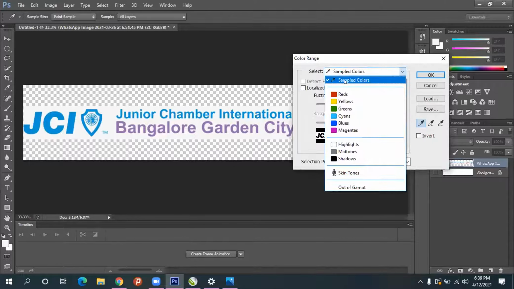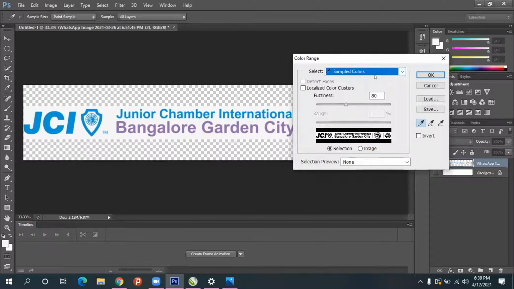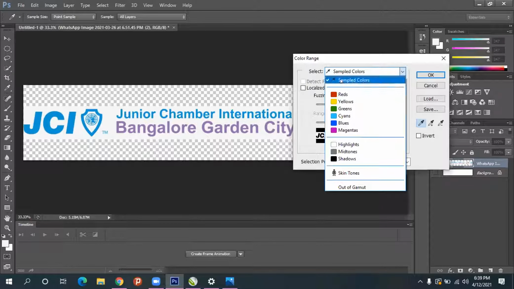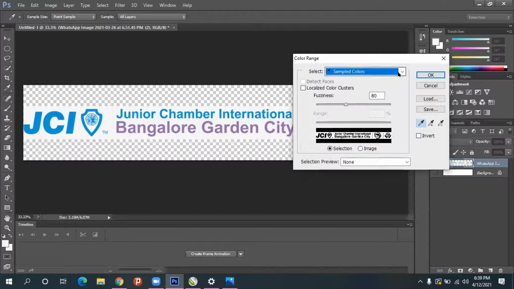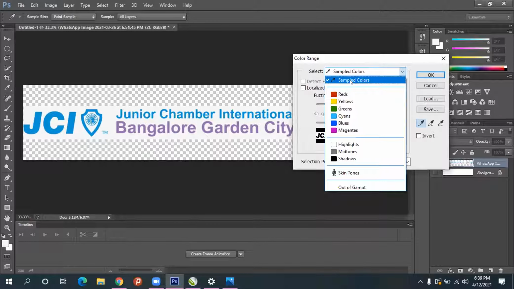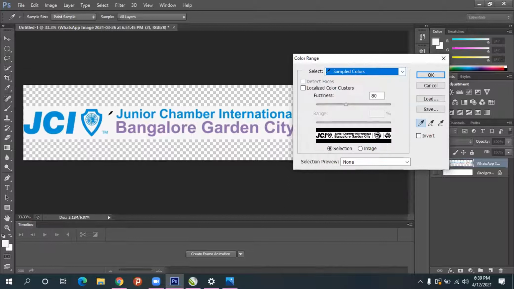In sample color, you make it a sample color. Suppose if it got changed, make it a sample color. Then after that, one eyedropper will be there, and click on the white color in the workspace. Eyedropper is not coming, sir. It will come, ma. You clicked on the sample color? Yes, sir. And then just click on the white color. If it's not coming also, just click on the white color.